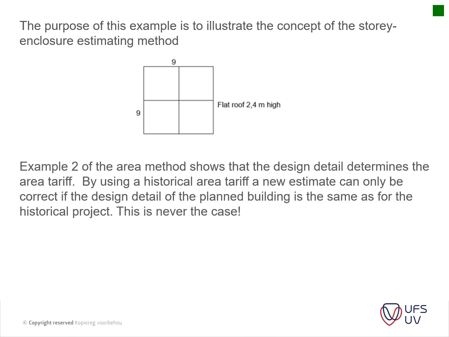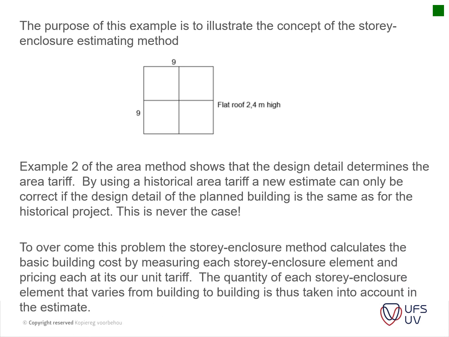The example 2 of the area method shows that the design detail determines the area tariff. Okay, so by using the historical area tariff, a new estimate can only be correct if the design detail of the planned work is the same as the historical project. Okay, this is never the case. So to overcome the problem, the story enclosure method calculates the basic building cost by measuring each story enclosure element and pricing each at its own unit tariff. The quantity of each story enclosure element that varies from building to building is thus taken into account in the